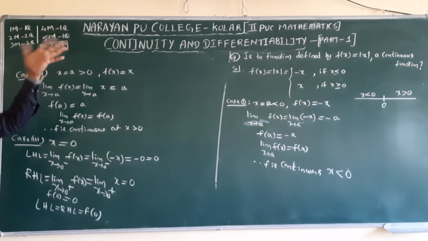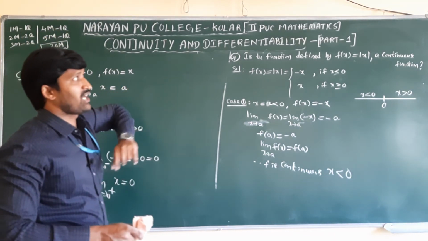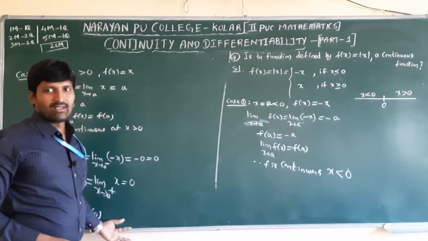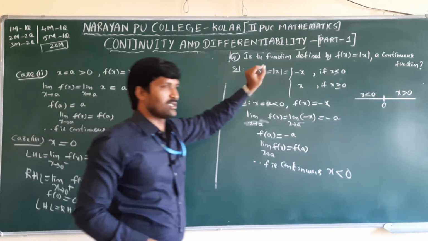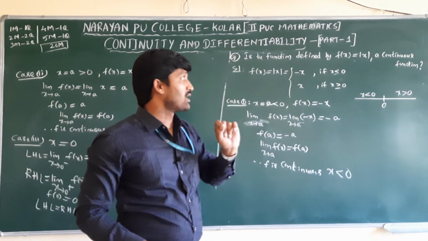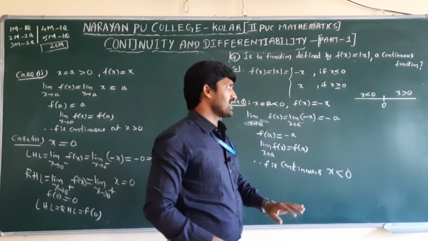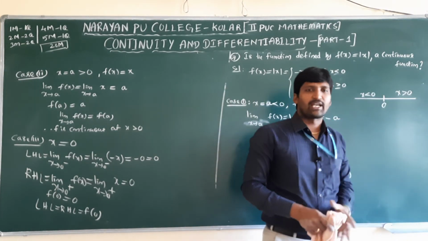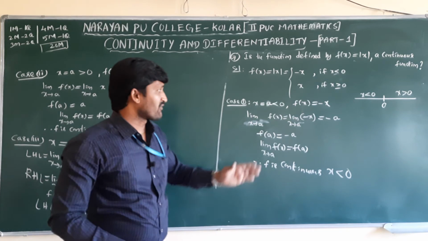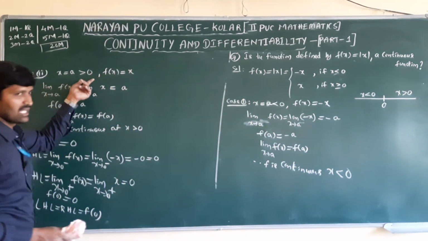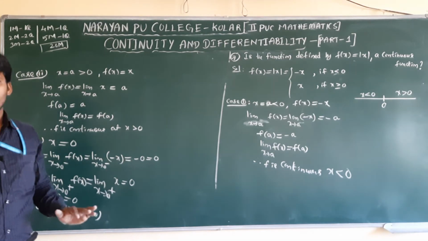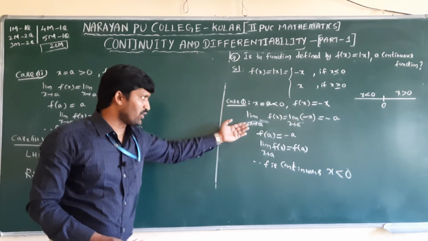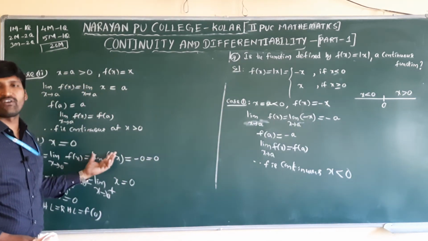But in the question, the point is not mentioned. If they give that the function f of x equal to mod x is continuous at x equal to a, then we can take this directly. Here they did not mention the point. When you want to discuss the continuity of the function, we need to check the left side of the point, the right side of the point, and at the point. At the point we learned the formula. Left side is checked like this, right side of the point like this. A can be anything, that x also can be anything, the function also can be anything. This is the method to check left continuity, right side continuity and continuity at the point.